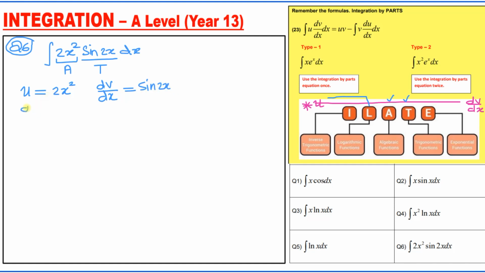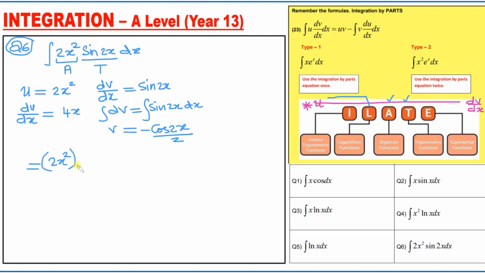The rest is easy. So du over dx is 4x, and integrating dv, sine 2x dx, integrating both sides, that becomes v equals, right? Now integrating sine 2x is minus cos 2x divided by 2. So you need to keep that in mind. So the answer is u times v. So u times v means u is 2x squared, v is minus cos 2x divided by 2,